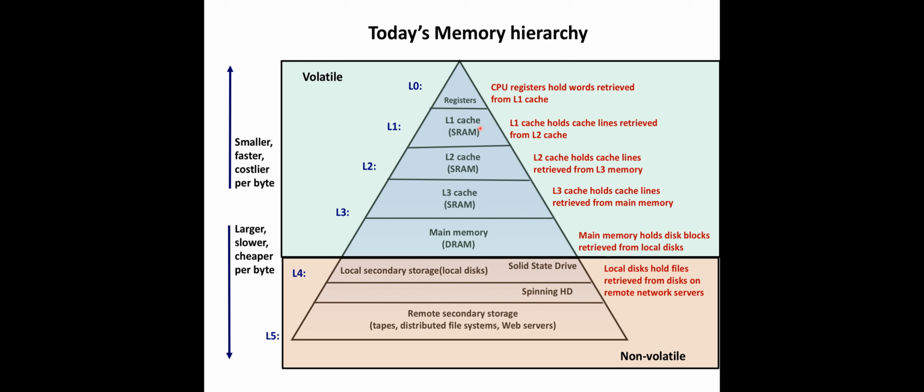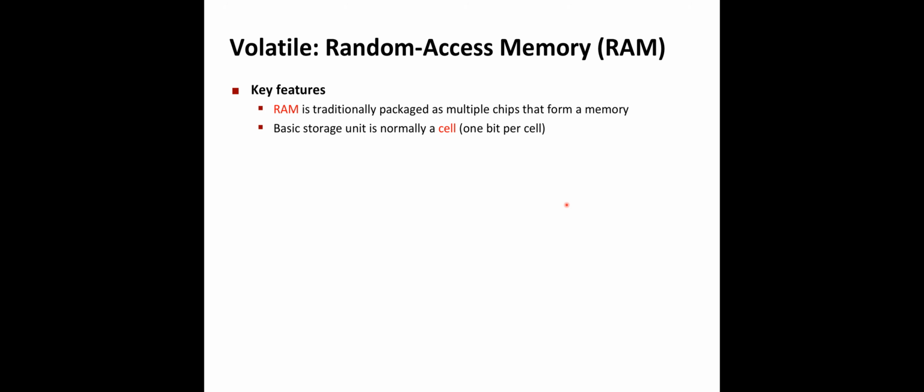And so we're going to be looking at this notion of how the cache helps our programs to execute much faster. So that'll be coming up. Let's talk a little bit now about these two different kinds of memory, just a little bit about the hardware that's involved here. So for our volatile memory at the upper end of the hierarchy,